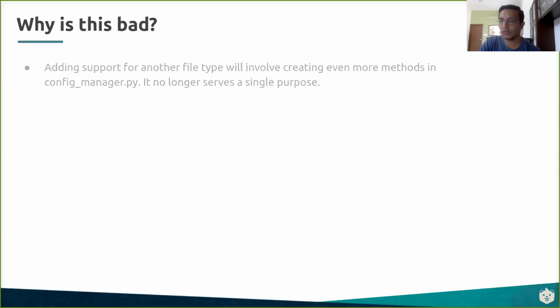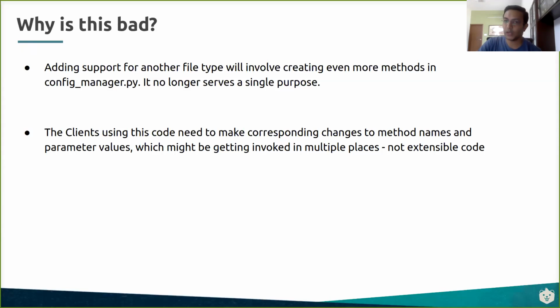Every time they make a change of file format, they have to go to hundreds of places and make that code change. So it's not extensible. A new format comes in or they switch formats, it's a very cumbersome thing. Again, this is error prone. If they miss one of the places, there could be an error, right?